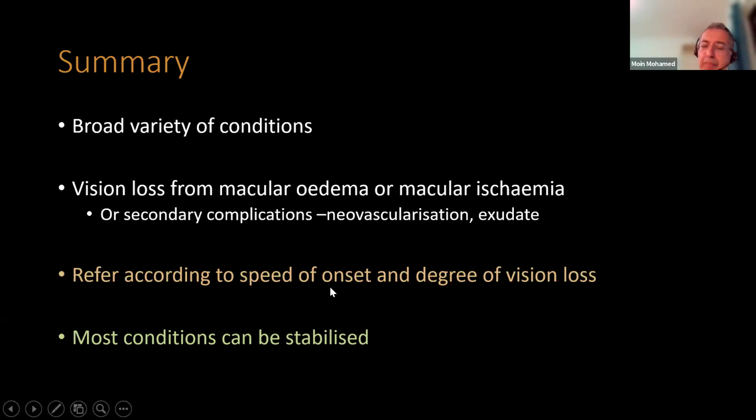If something comes on abruptly with acute and profound loss of vision, they need to go to eye casualty. But if something is chronic, a slow progressive change, or the vision isn't impacted, then they can just be referred. And most of these conditions we can stabilize. So it is worth sending patients, even if they've not been treated. We get patients for tertiary opinions all the time. We treated someone just a couple of weeks ago who'd been watched elsewhere for 15 years with juxtafoveal telangiectasia, but had been mislabeled as something